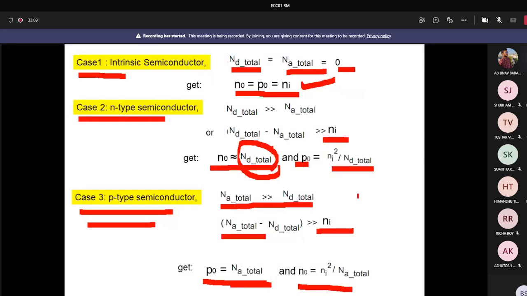Then I come to the N-type semiconductors. What type of carriers are there? Both electrons and holes are there, but electrons are the maximum and holes are very minimal. Majority will be the electrons and minority will be the holes. Any other carriers other than the electrons and holes? Ions? No, sir.